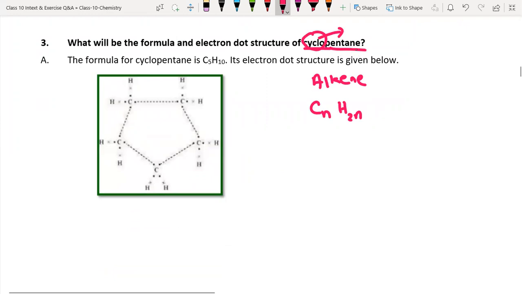They may give alkane, but go with alkene. So simply to say, go with pentene. What is the pentene? Pent means 5. It will become C5H, 5 2s 10, H10. Now you can draw 1, 2, 3, 4, 5 carbons, and you can arrange hydrogens such that bond will be formed.